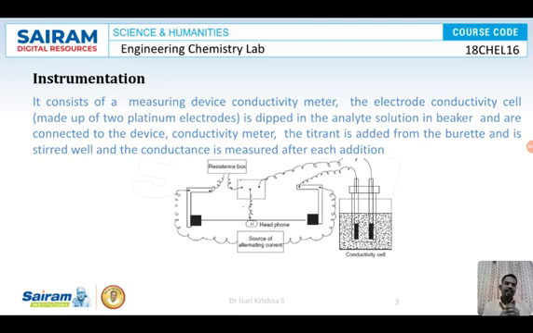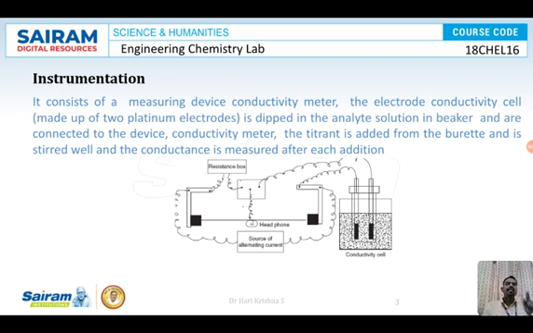So what do you mean by conductance? Conductance is a property of flow of electrons, that is with respect to solids. With respect to solutions, we're measuring the conductance of a reaction here. Each and every ion has a mobility. As if you ask 100 members to run, how many will get the first prize? One person, second prize one person, third prize one person. So each and every ion has a different mobility.